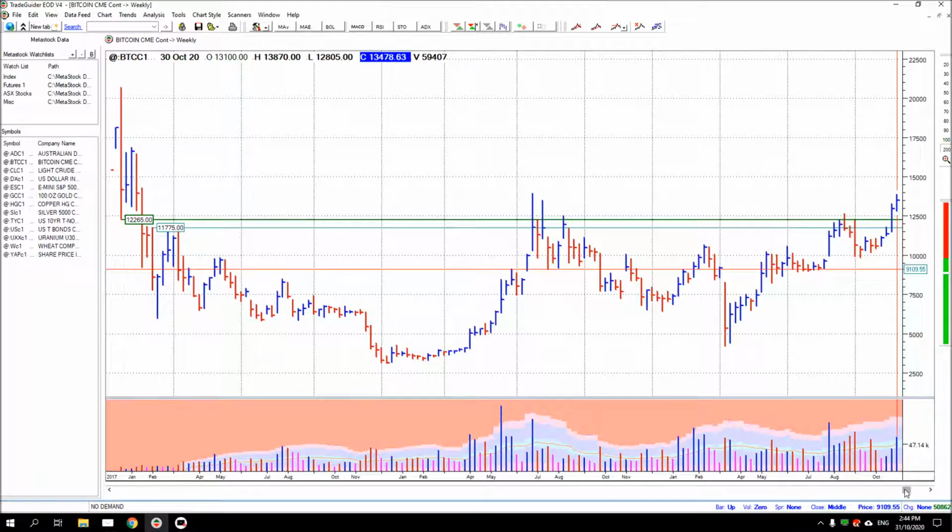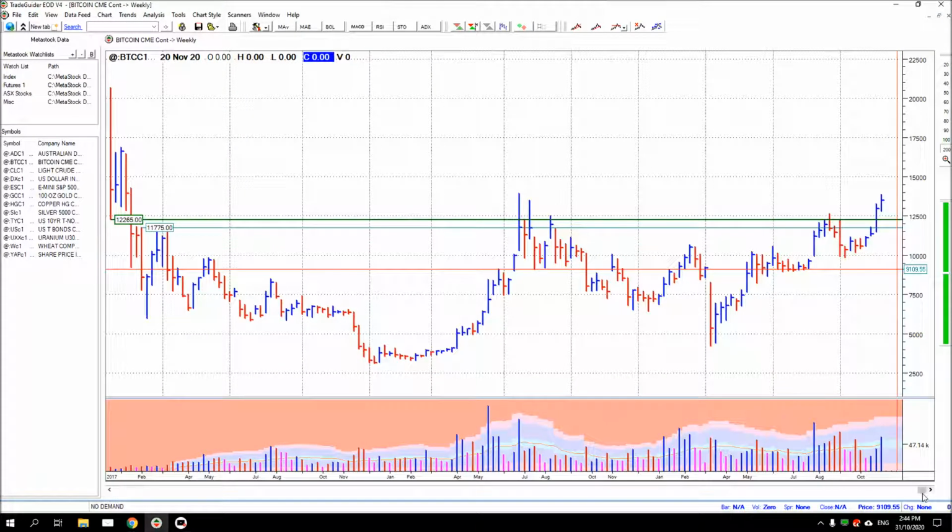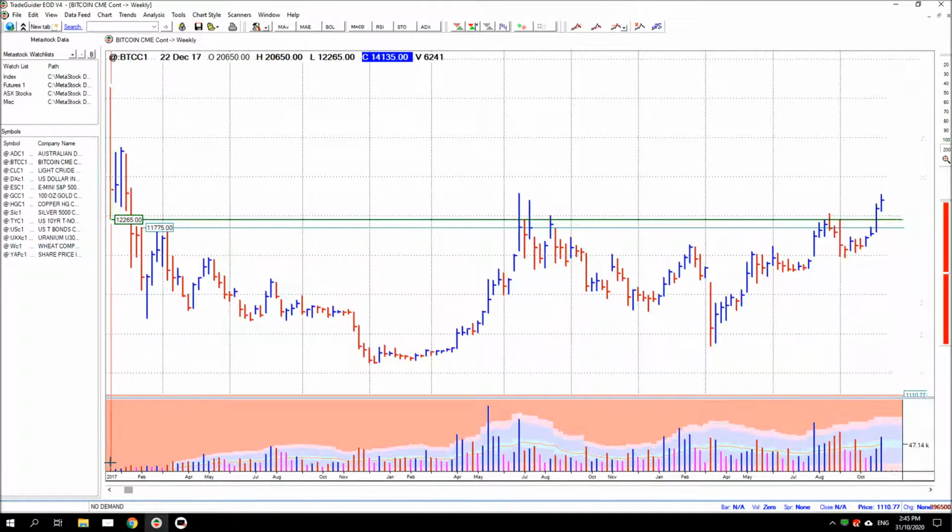Now, Bitcoin futures have only been trading since December 2017, so almost 3 years, and that's the entire chart. I've marked a level here, or a zone here, which was likely to hold longer term resistance. This was back in December 17 when price had reached its high. The futures market had only just begun trading,